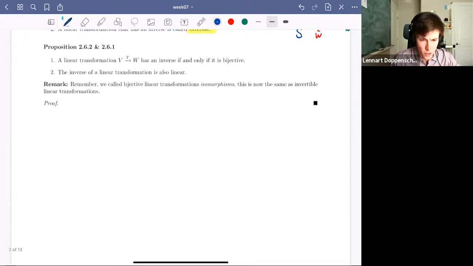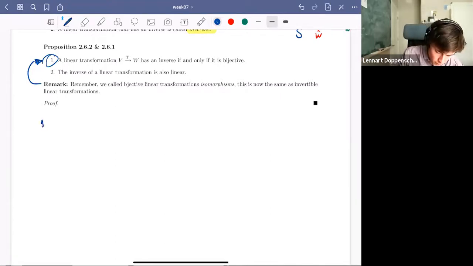Idris asked in the chat about isomorphism, which we defined. Yes, this remark is that we call bijective linear transformations an isomorphism. If I prove this proposition number one, then this is the same as invertible linear transformations by the first proposition. So this remark refers to the first proposition. We are equating two things that we've defined before, two different definitions, and now they're unified. So let's